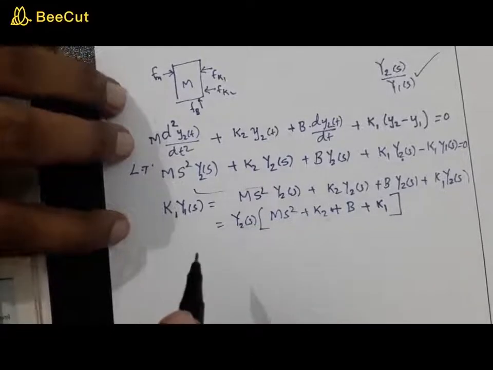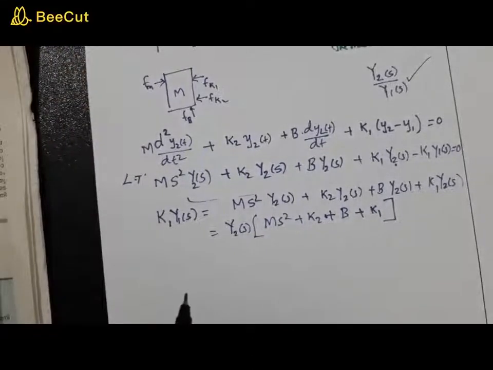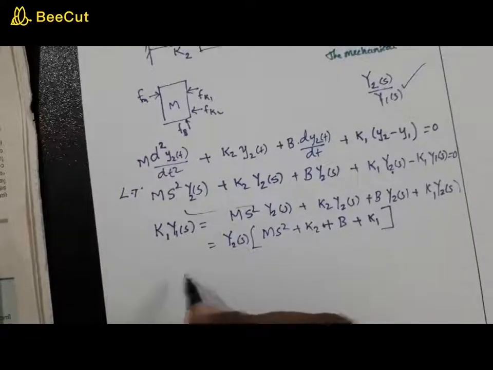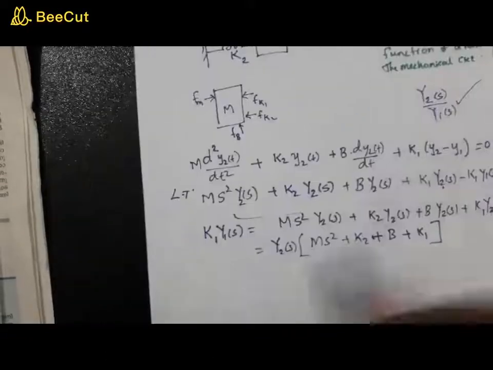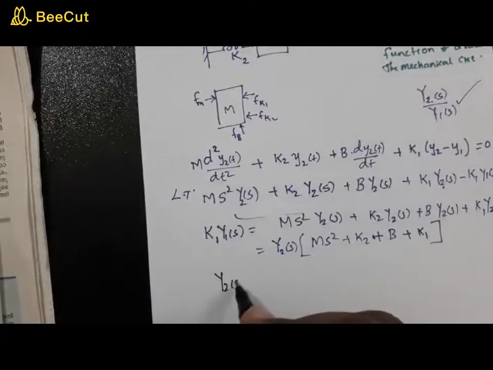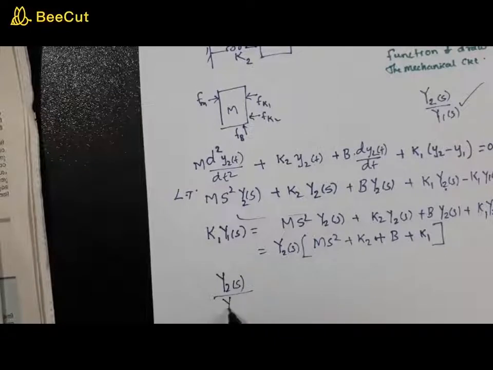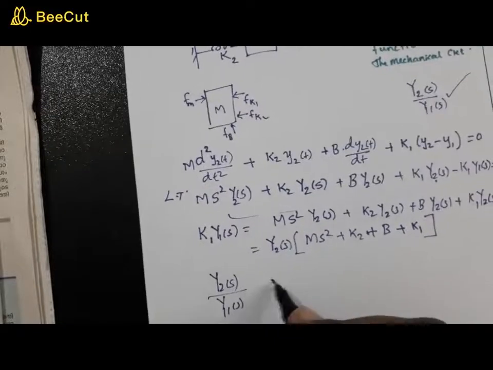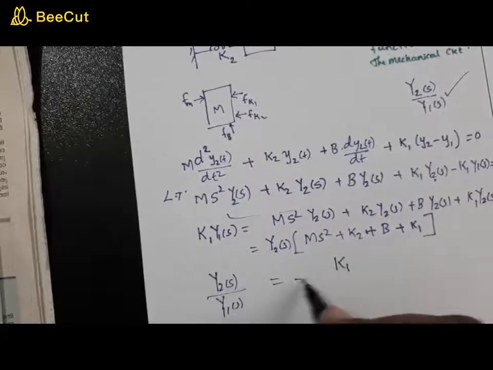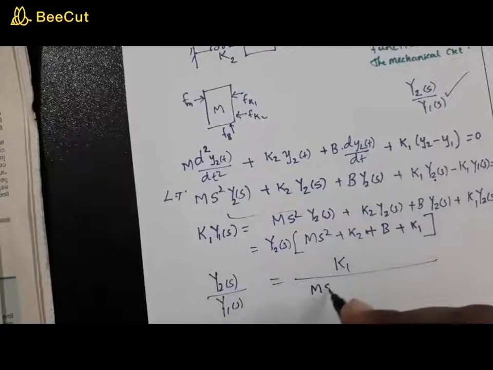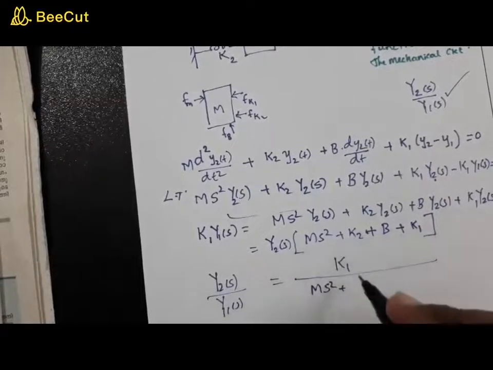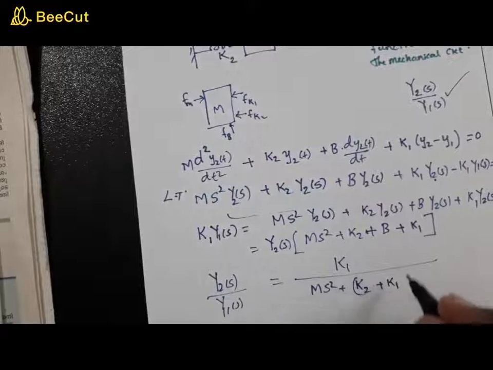Now what you want to get is y2 of s by y1 of s. So what is the transfer function defined as? This is defined as y2 of s by y1 of s. This will be k1 divided by ms square plus, bringing these together, k2 plus k1, plus